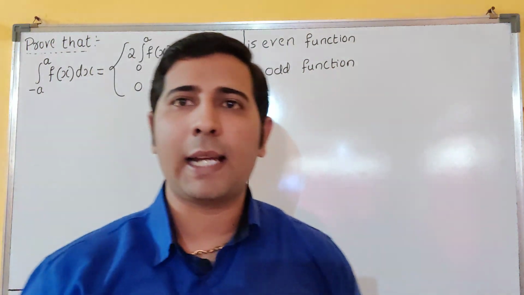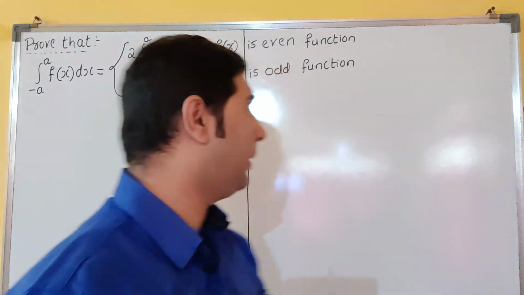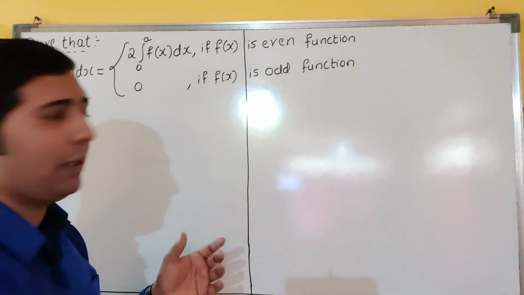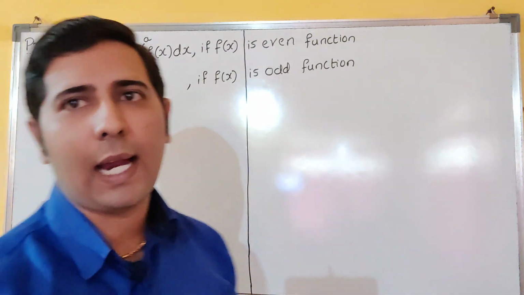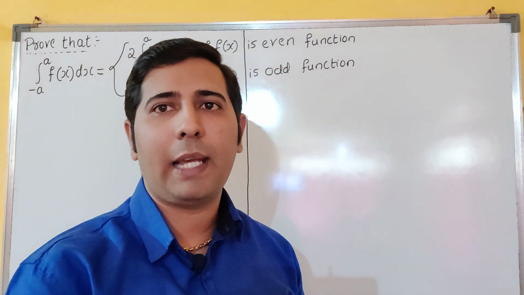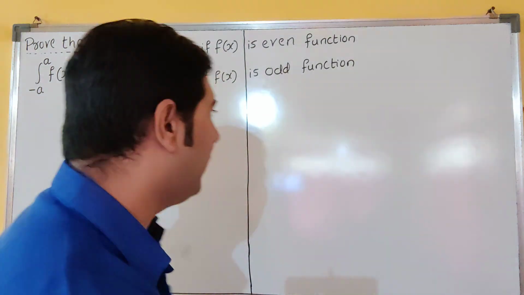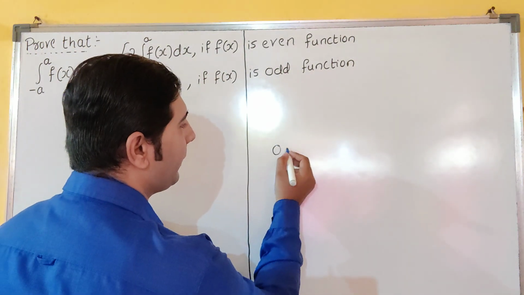So now try to understand, dear students, what is an even function and an odd function first, then only we can solve this property. Otherwise it is very difficult to solve this property, dear students. Before starting the property, I will explain what even and odd functions are. Odd and even functions have conditions like this.